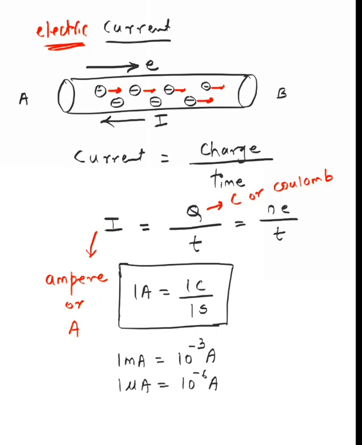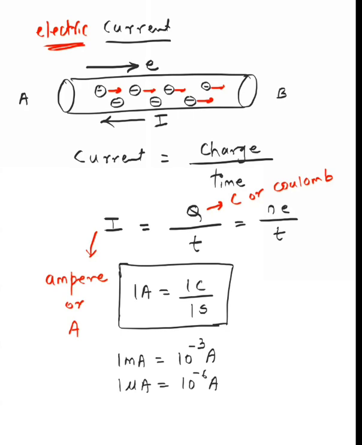We are not using bigger units like kilo ampere or mega ampere, because these few amperes are enough, guys. Usually in your house, you use current up to 0 to 5 ampere. In some heavy appliances like a geyser or AC, you use a bigger amount of current, like 10, 12, 13, 14, 15 ampere. But generally 0 to 5 ampere is enough. If you want to commit suicide or kill someone, 0 to 5 ampere is enough for that also, guys. You don't need more than that.